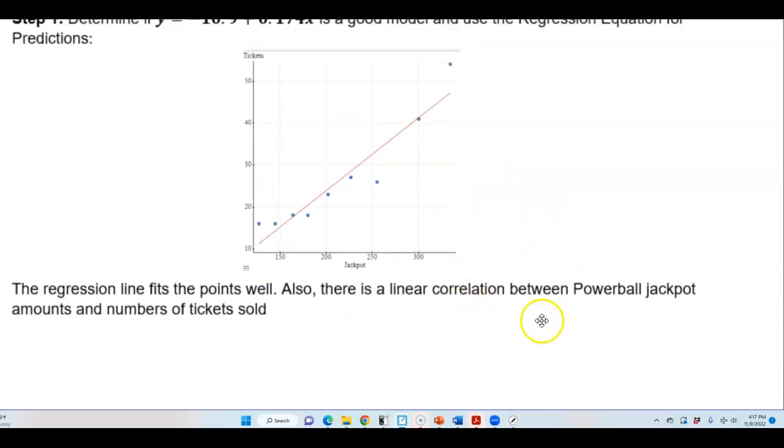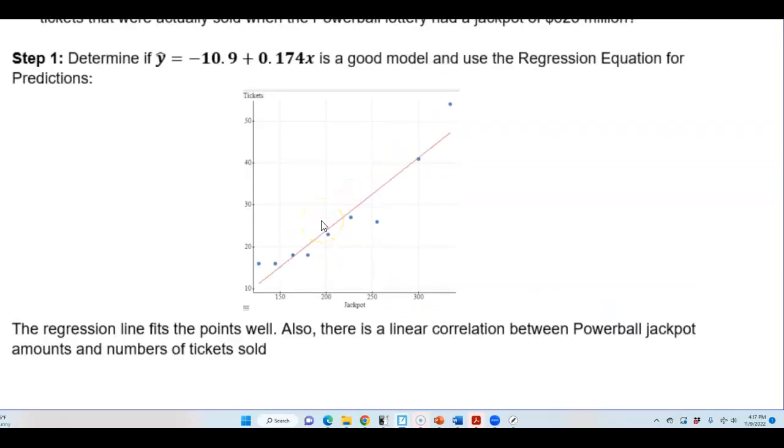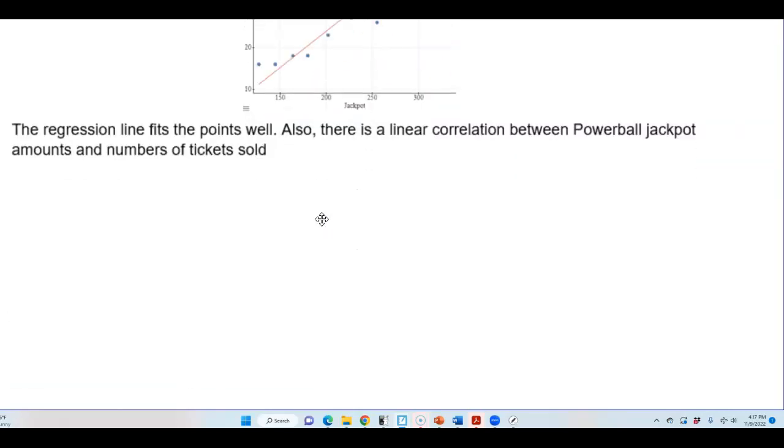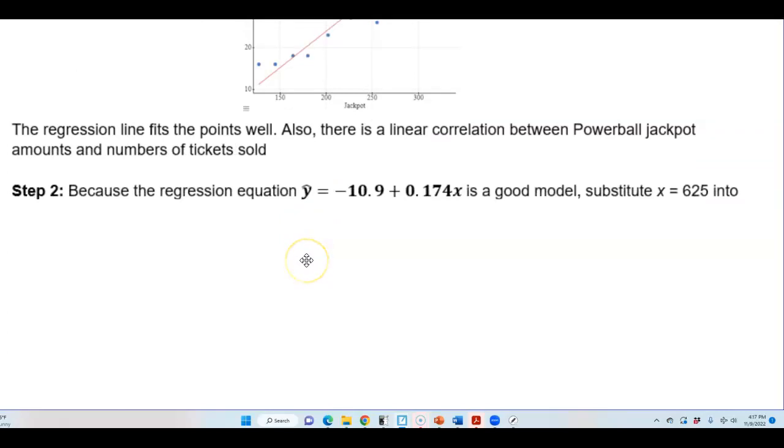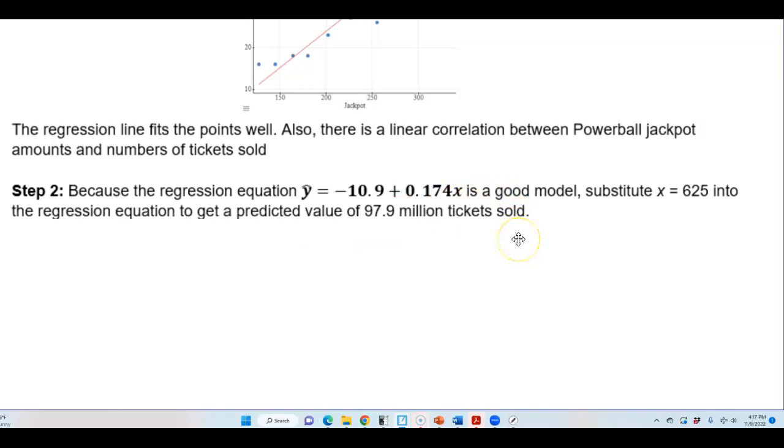Also, there is a linear correlation between Powerball jackpot amounts and numbers of tickets sold. Now because the regression equation of negative 10.9 plus 0.174x is a good model, we want to substitute the value of x, which is equal to 625, into the regression to get a predicted value of 97.9 million tickets